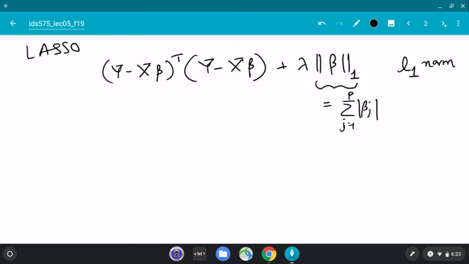So this is a problem. You want to find beta. Beta is a vector. You want to minimize this objective while trying to find the best beta, which has the lowest total score here. So you can try variations of gradient descent to minimize this. There is some issue with the gradients with this norm, but that's an operational detail for us for now. So key point: it has to be numerically computed.